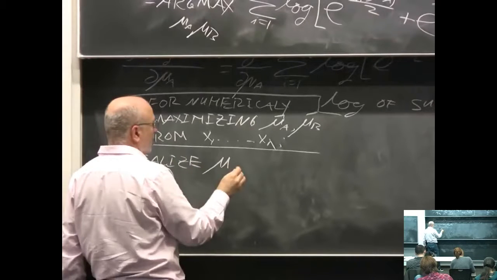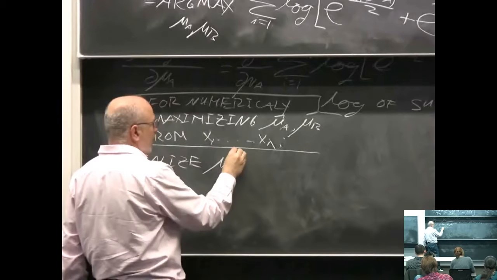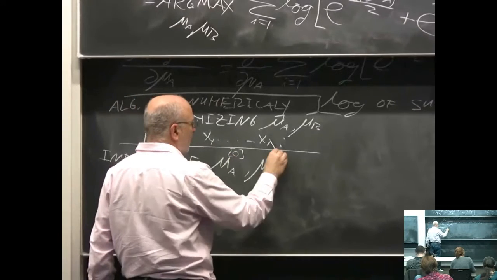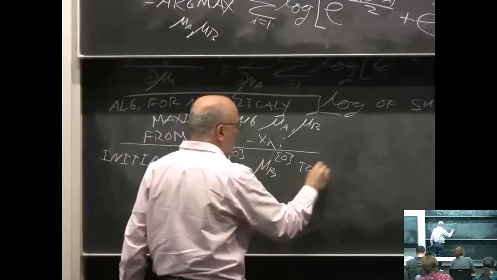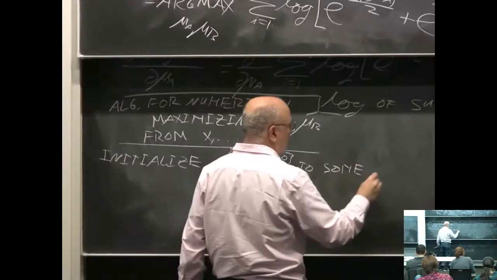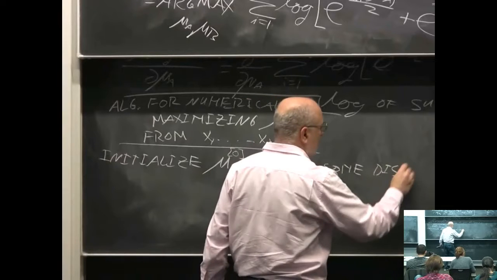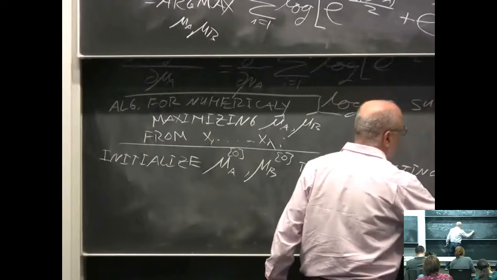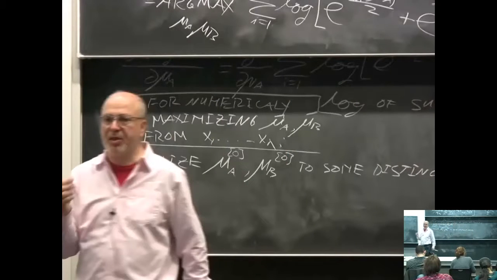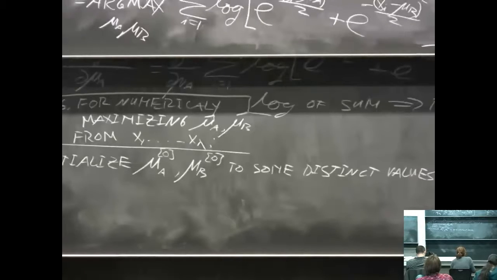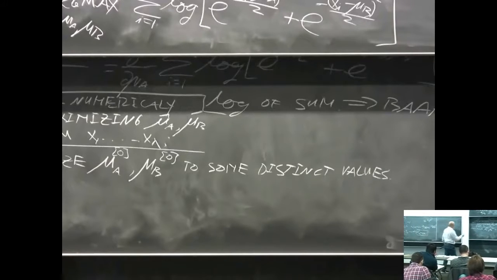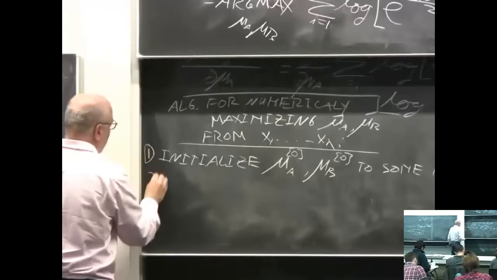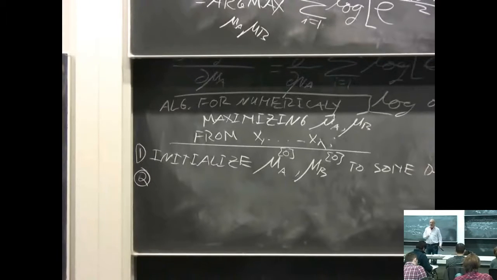Mu A of iteration 0 and mu B of iteration 0 to some distinct values. By distinct, I mean they are not both the same. That's the only requirement. So this is step 1. Step 2